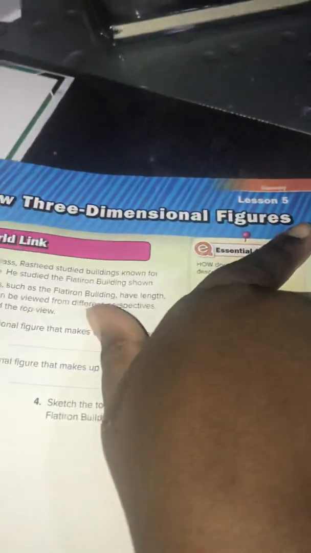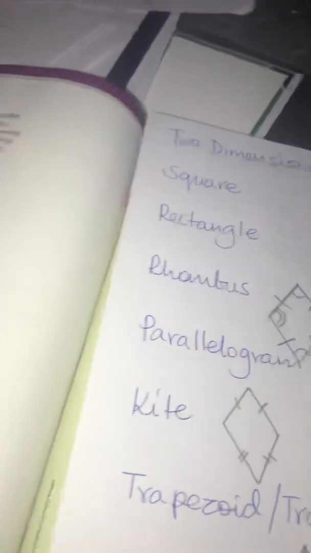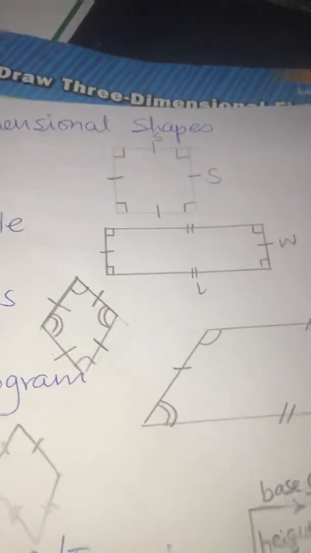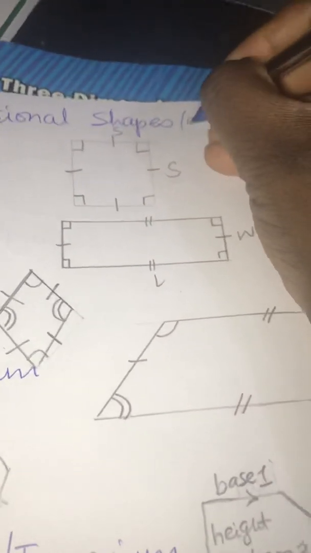Okay, grade 7. We're on lesson 5. It says draw three-dimensional figures. So before we start this lesson, we need to know what are two-dimensional figures. Once you understand two-dimensional figures, then it will be easier for you to determine what is a three-dimensional figure. So the common two-dimensional shapes or two-dimensional figures. So another name for shapes is figures